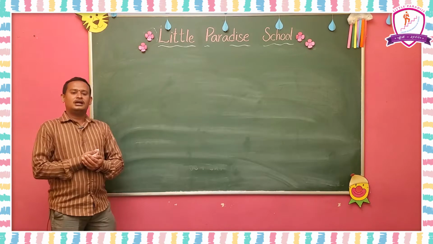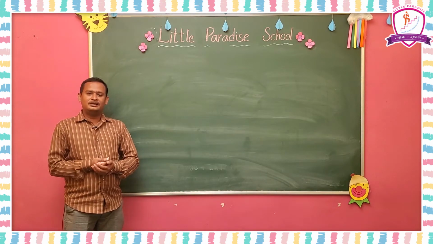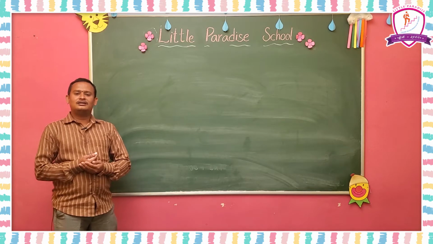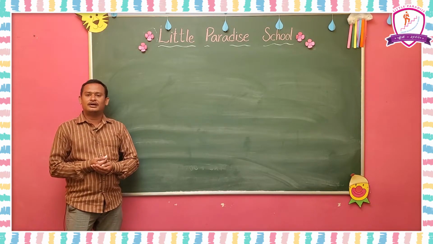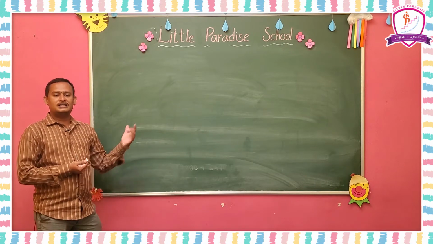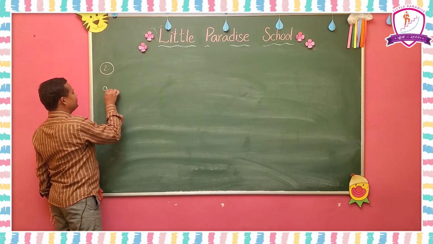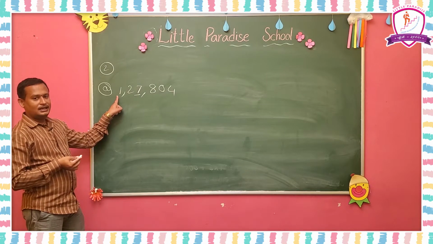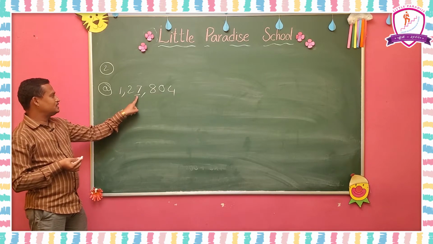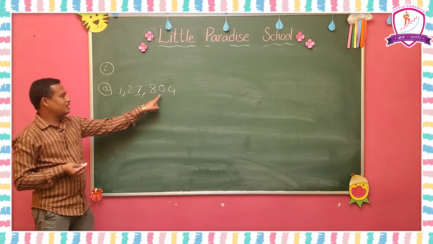Understood? Next. Now I am going to explain the second checkpoint in page number 12. See there, write the place value and face value of the underlined digit in each of the following. So in first question, checkpoint 2A. So A sum, what is given in this A sum? 1 in lakhs period, so 1,27,000 period and 804.